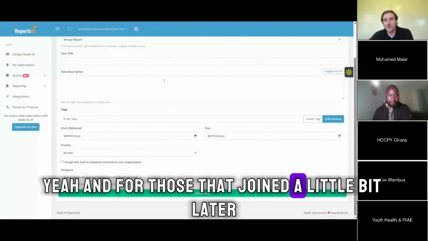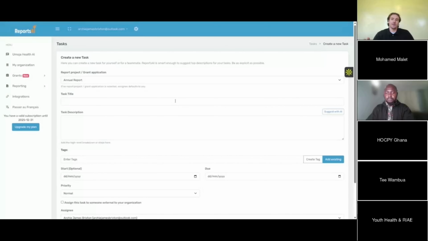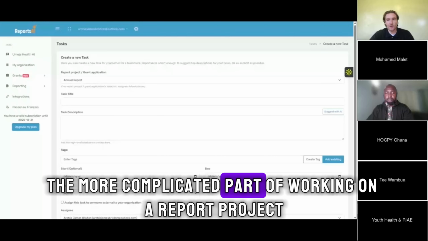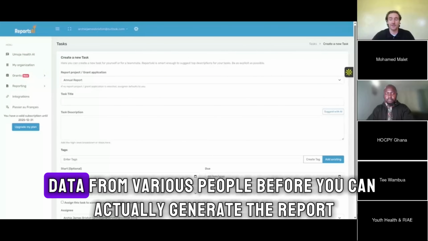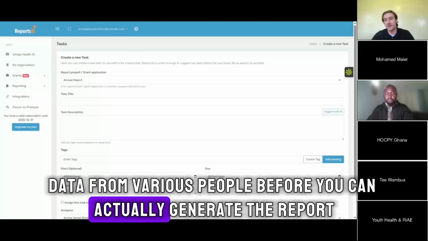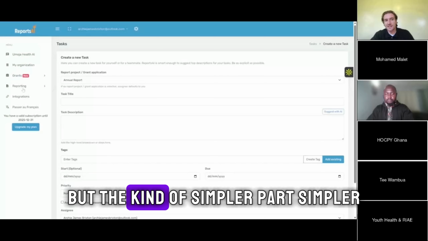Yeah, and for those that joined a little bit later, this is the more complicated part of working on a report project. So something that you're working on over time, where you're going to need to request data from various people before you can actually generate the report. But the kind of simpler part,